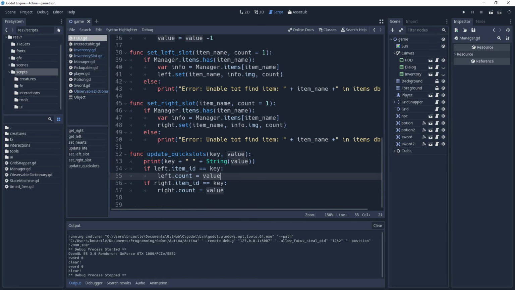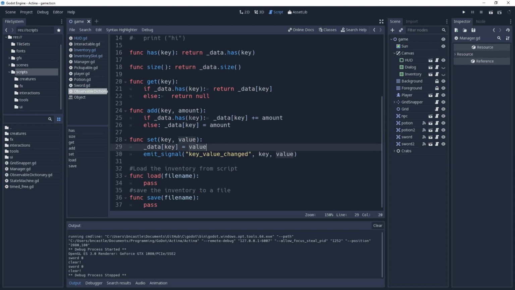So we'll go to the HUD. And now I can just comment that out. Maybe we'll need that at some point. So these set the slots to whatever value. This just updates only if the item that's getting its data changed is actually the quick slot. That seems to work. So then now any addition or removal from the inventory or from the observable dictionary will trigger,